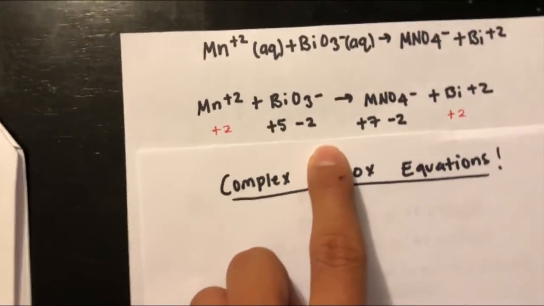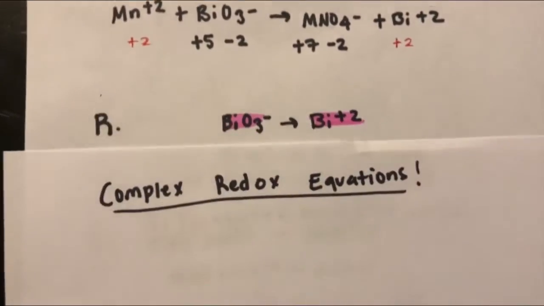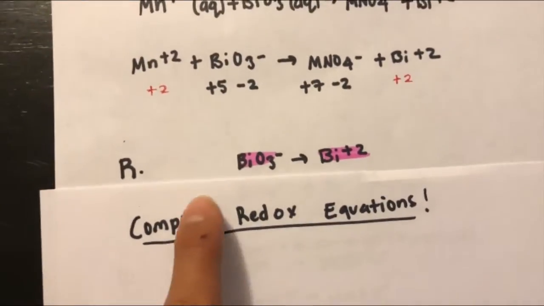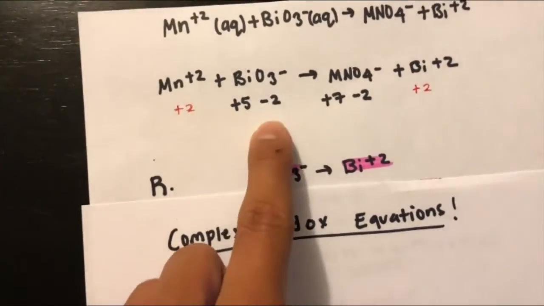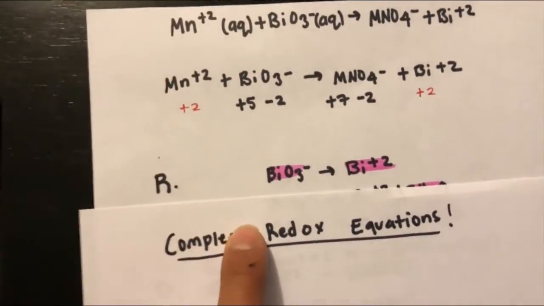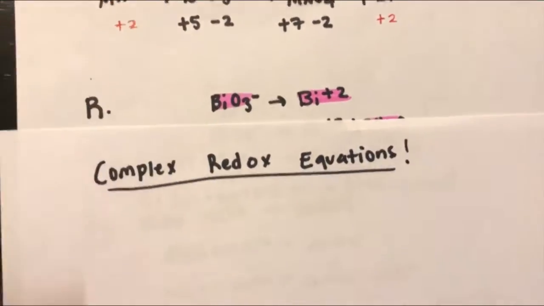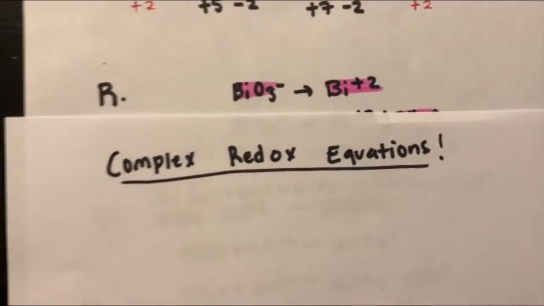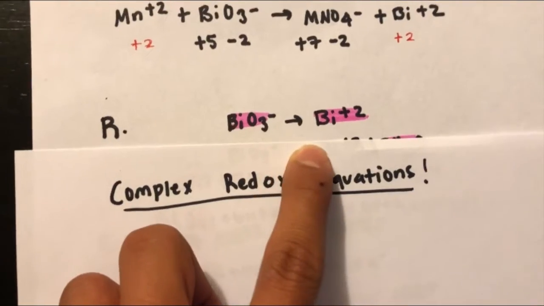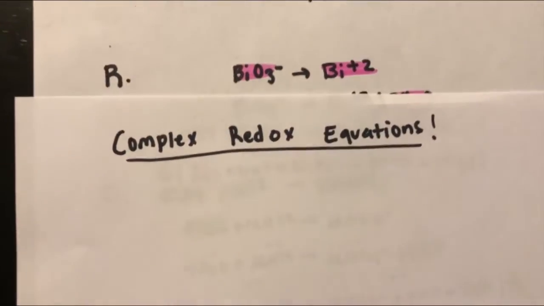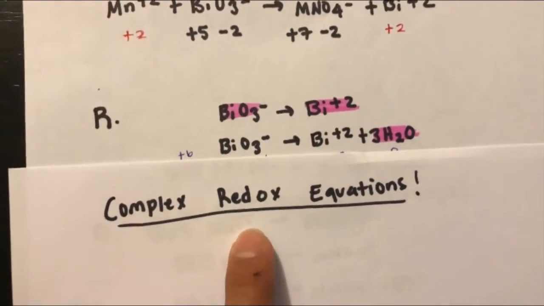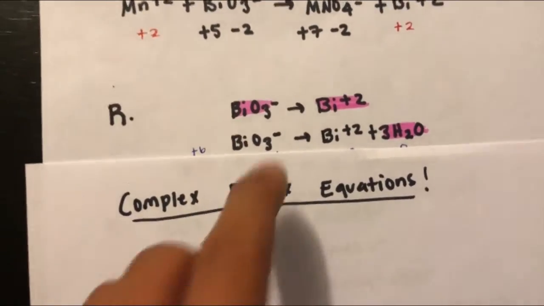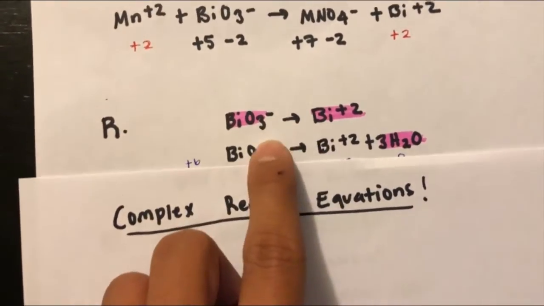So once you find oxidation numbers, you want to figure out your reduction and oxidation equation. And those oxidation numbers will help you find the reduction oxidation equation. So for the reduction, we have BiO3 minus makes Bi plus 2. So the second step, you want to balance out any other elements, but since Bi is already balanced, you want